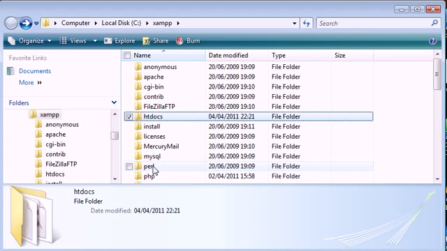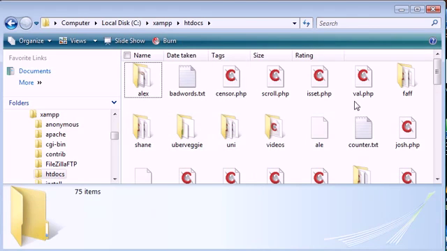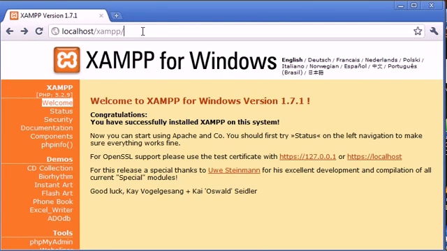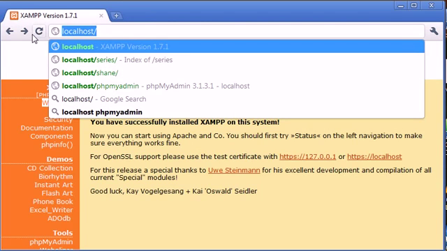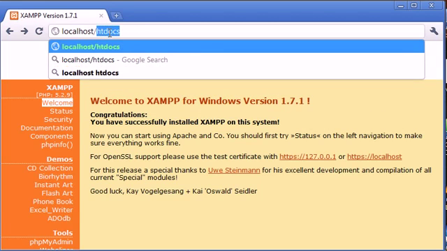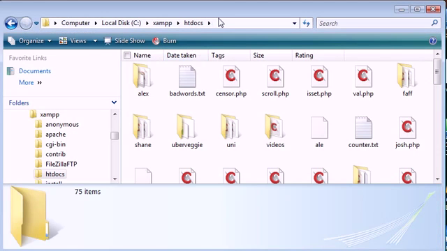Okay, so htdocs is the folder that I want to focus on in this tutorial because we're going to be creating our first file. Now inside htdocs, at the moment it's a bit of a mess for me. I've got a few files in here, but we want to create our PHP file in here. So let's just open up our browser. So you know now that we access our local server from localhost. Now we don't need to do localhost/htdocs/ and our file, because htdocs here is the root directory, if you like, for where